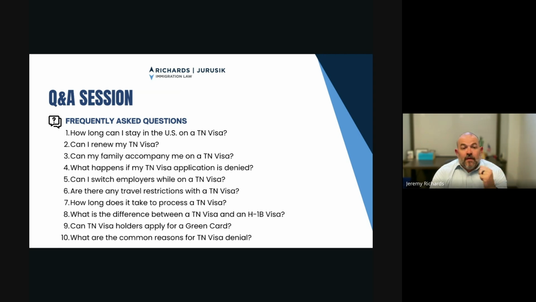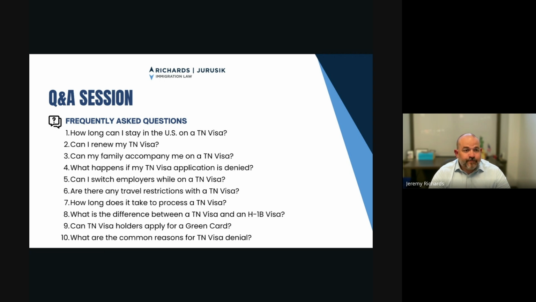TN visa, there's no limit. And there's no lottery to get those. H-1B visa also requires working with the Department of Labor. You actually have to get your wage certified and make attestations to the Department of Labor. And the application process has to be done through U.S. Citizenship and Immigration Services. TN visa does not have the same attestation requirements, nor does it require approval from the Department of Labor. So biggest differences there are unlimited availability, ease of application, and no sponsorship requirement through the Department